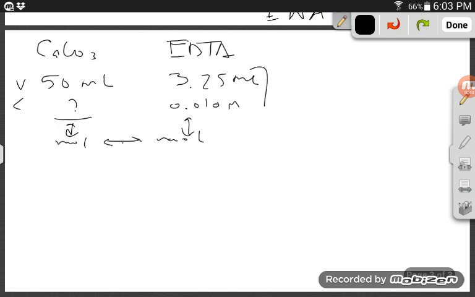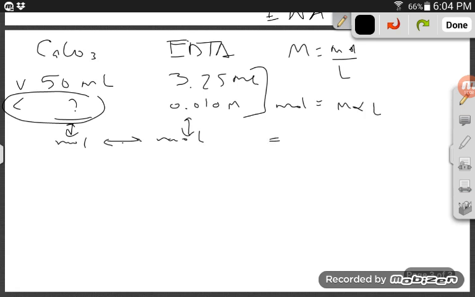In this case, it's these two on the EDTA side where we have both pieces of information so that we can turn these into moles. That'll tell us moles of calcium carbonate, and then we can use it to get that concentration. So again, we know that molarity equals moles per liter. If we want the moles, it's going to be molarity times liter. So in this case, for the EDTA, our molarity is 0.010 molar. Those 3.25 milliliters, if we turn that into liters, gives us